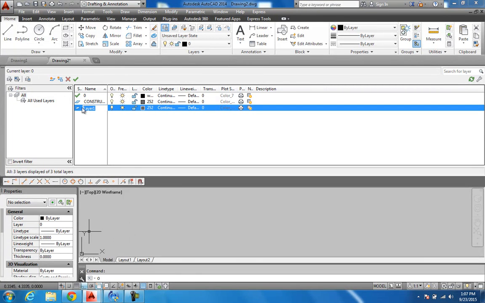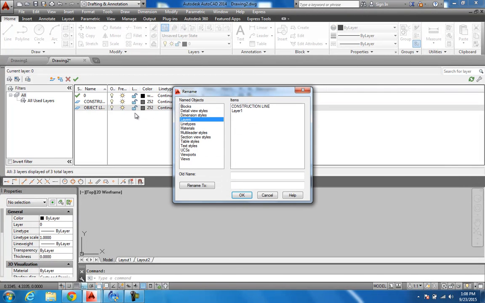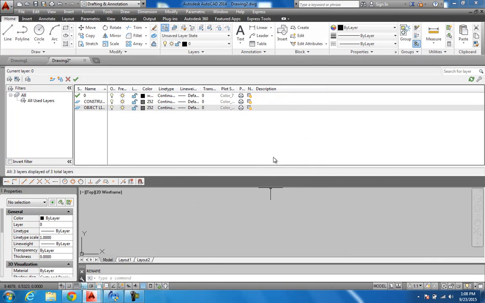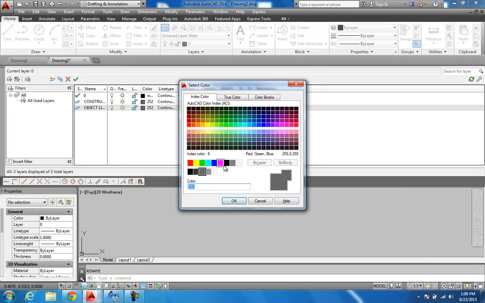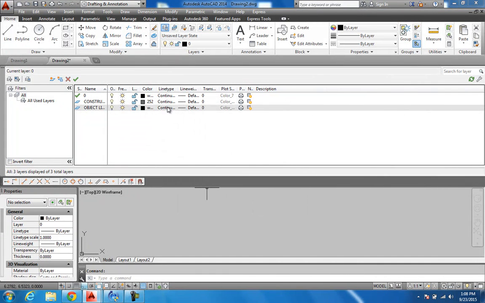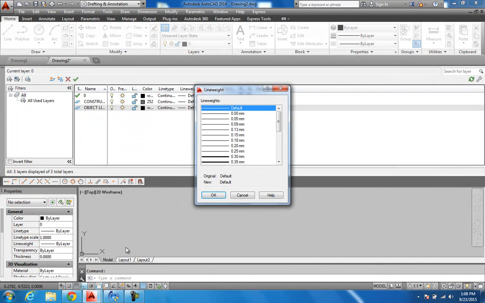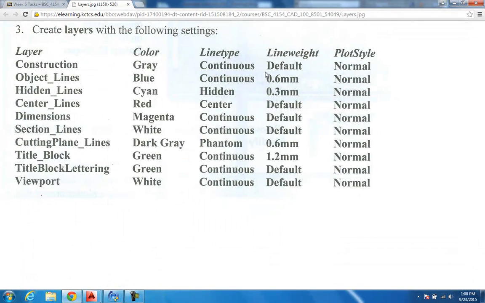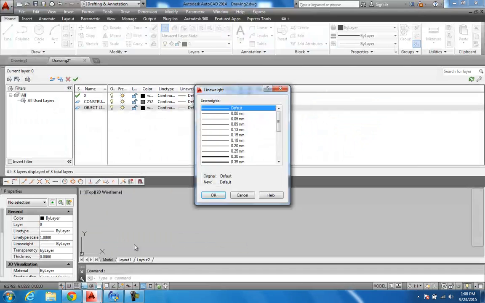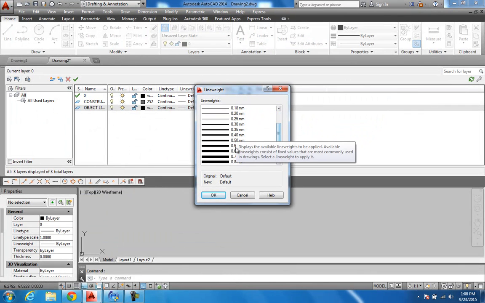Here we go. Object line. And we'll make it black. I don't know what color they said, but it looks better in black. Hit OK on that. Line type's continuous, but the line weight on this one is 0.6 right here. So we come back in here, we change that to a 0.6,